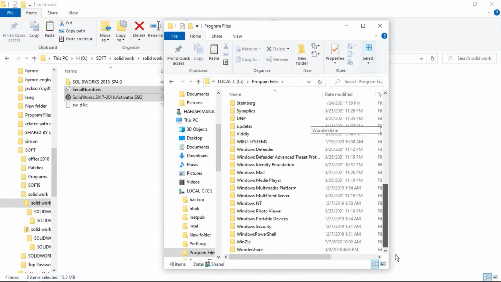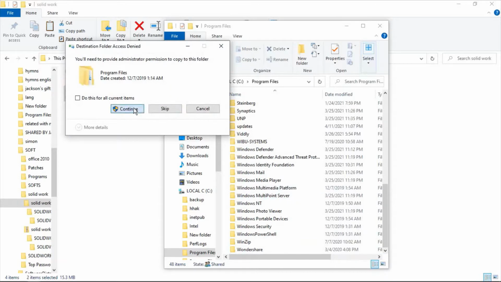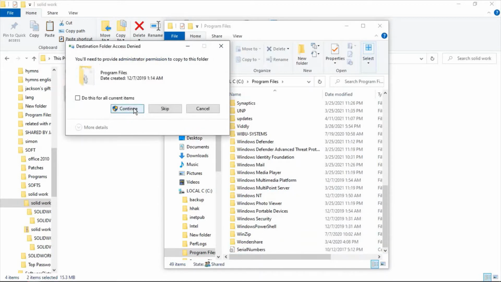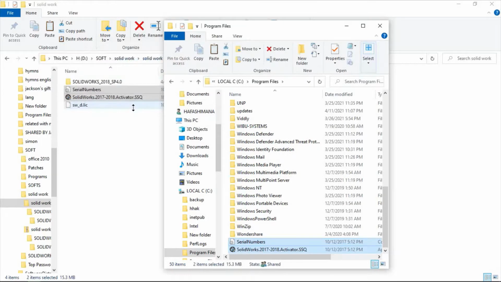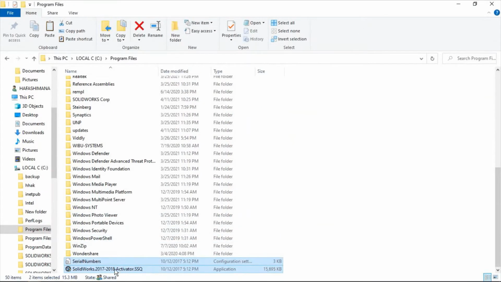After you copy it here, you paste, click continue, and as you see, it has already copied here. And then you continue by clicking here, and then it asks you if you want to change this on your PC, you click yes,